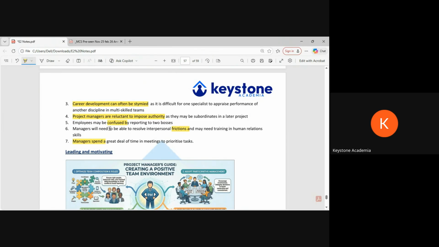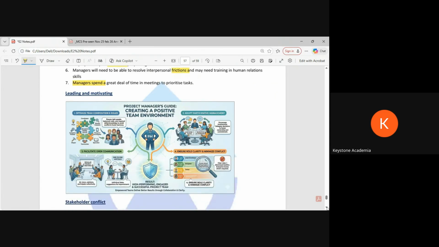But if done, obviously there is a challenge. If done, it can have a lot of profit for the company. It can save cost. And eventually it will improve our reputation. So what you need to do as a project manager, you need to show team composition and roles. When you're setting up a team, you should select the team as you need. So that can be a good start, which you feel comfortable to work with, which you feel are dedicated.